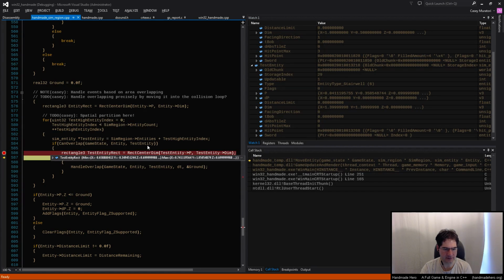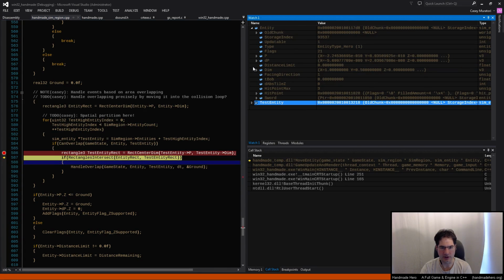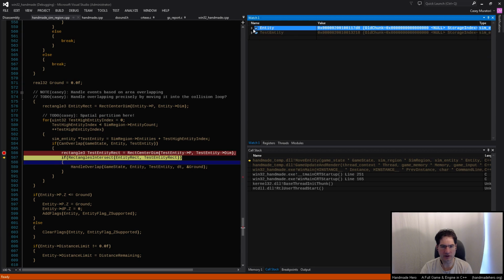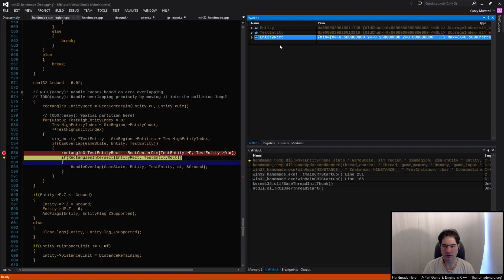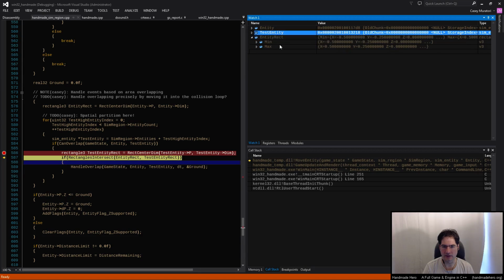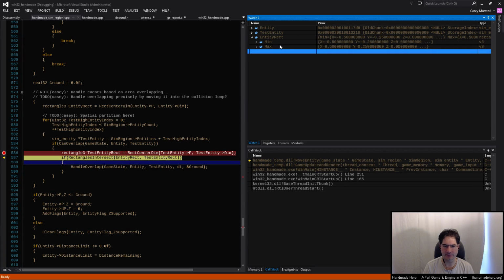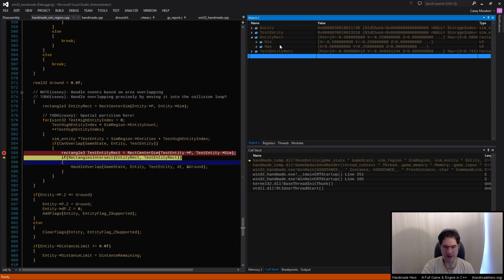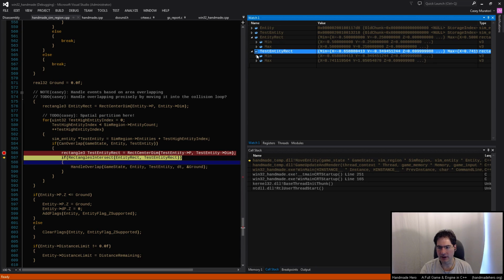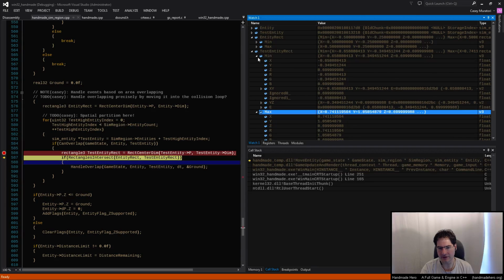When we actually do those tests, I want to know why we're not getting that overlap to occur here. So let's take a look. First of all, let's take a look at our two rectangles. So here's our entity rect, right? And it doesn't help that our entity has no height to him. We should probably fix that. That's one of the things we want to do today, where we were talking about having collision detection be properly three-dimensional. So the test entity rect. So basically the problem is just